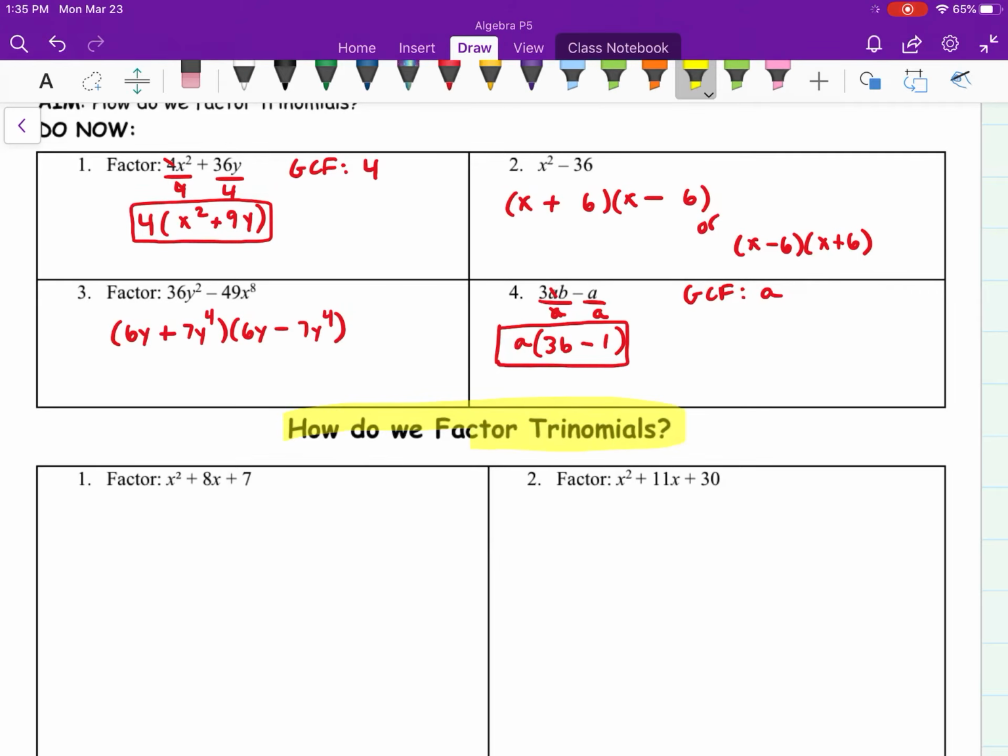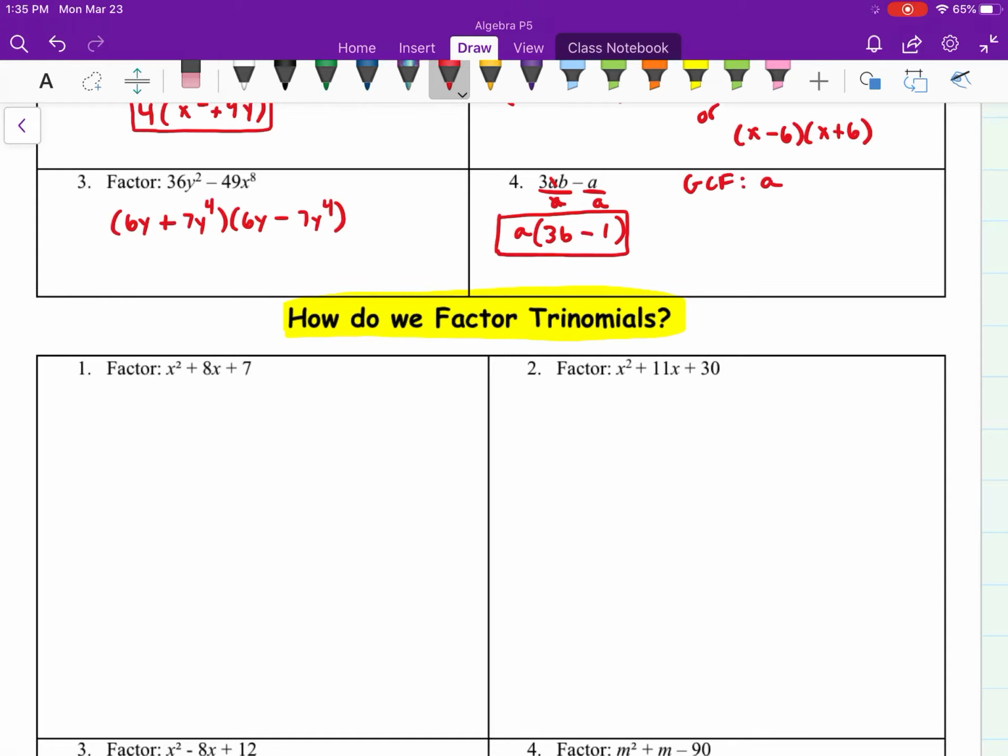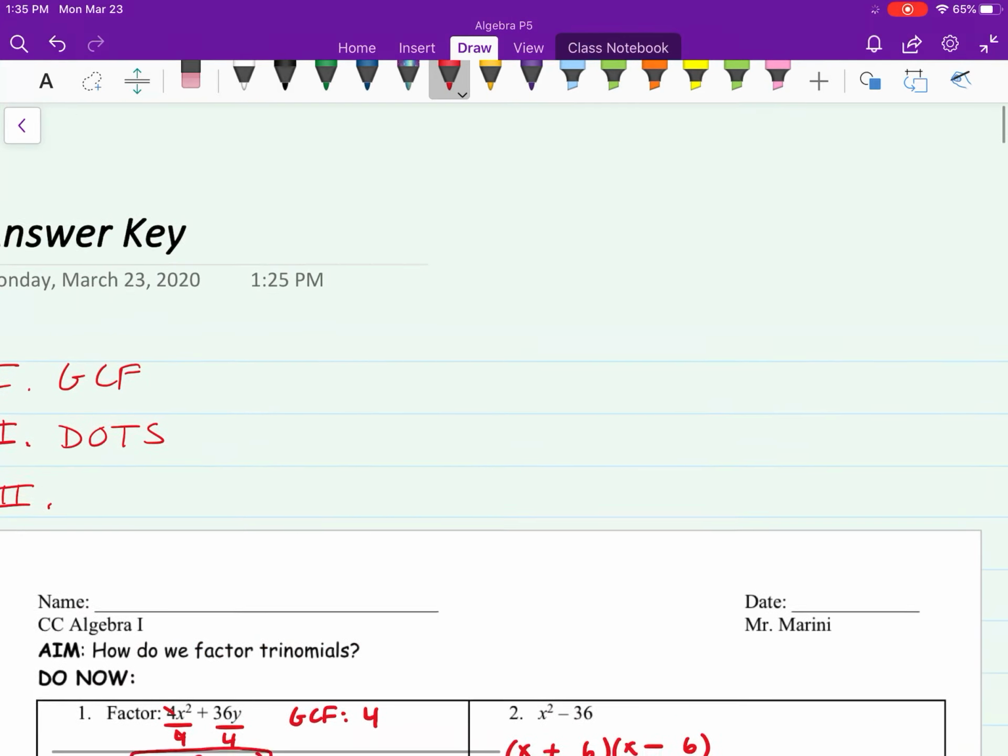So today's lesson actually starts right here. How do we factor trinomials? If you take a look at number 1, x squared plus 8x plus 7. So again, let's go through these methods that we have. The first method that I taught you,